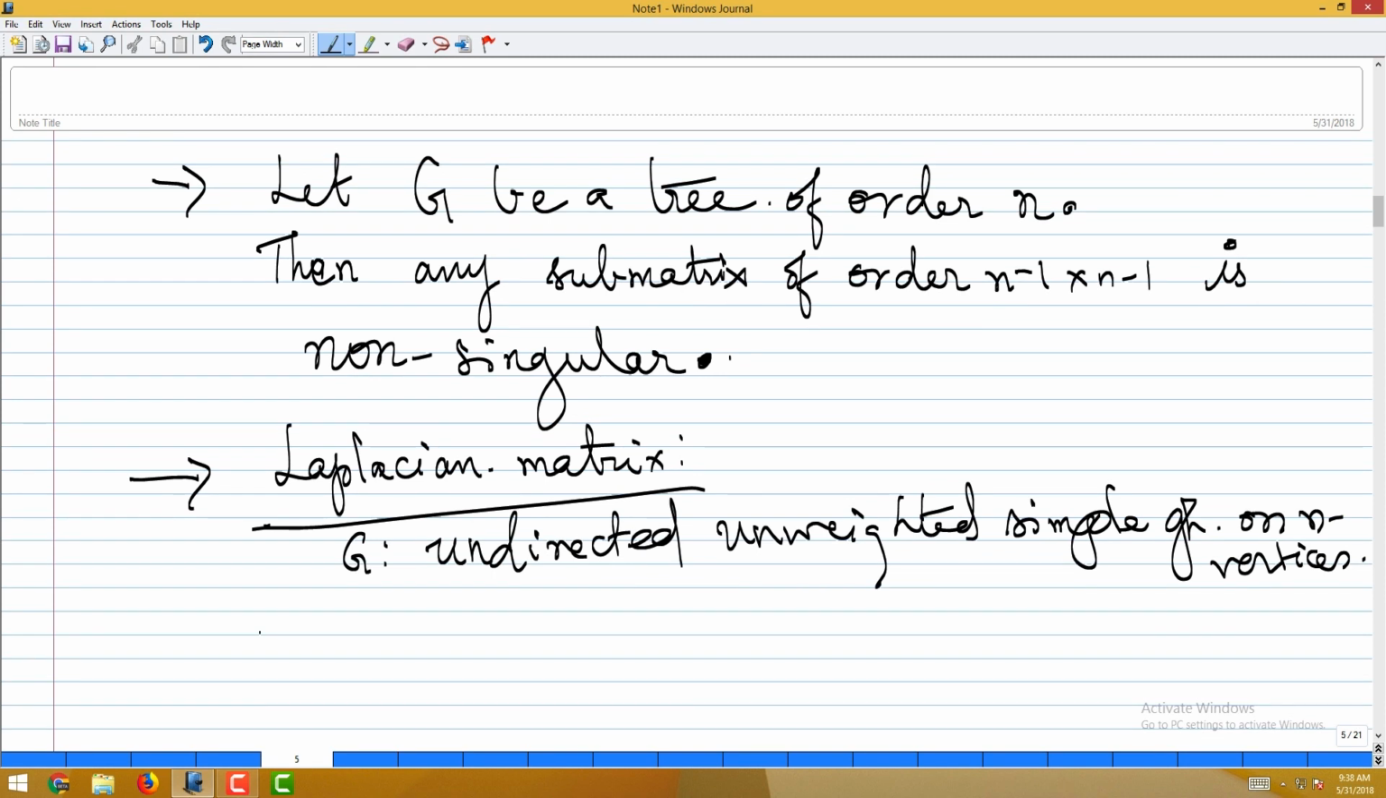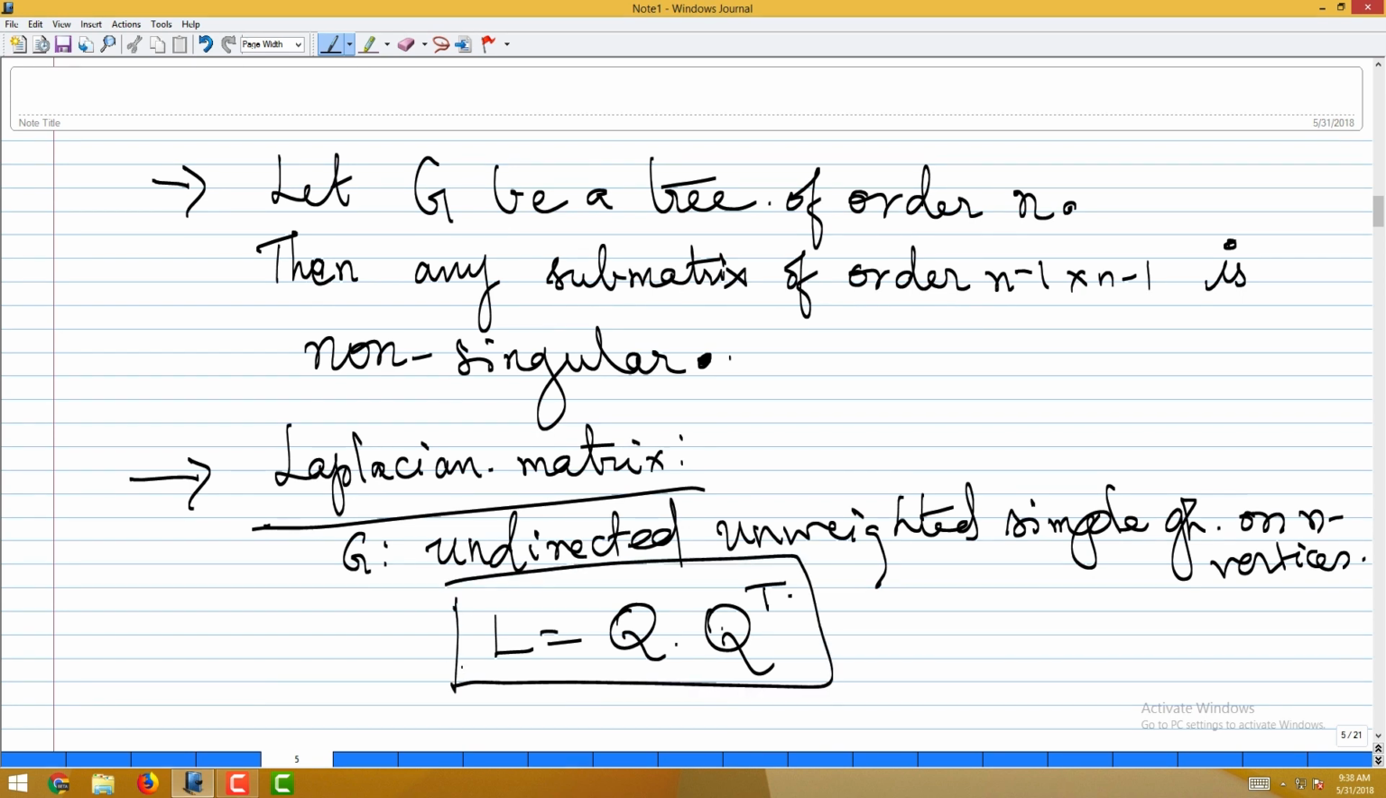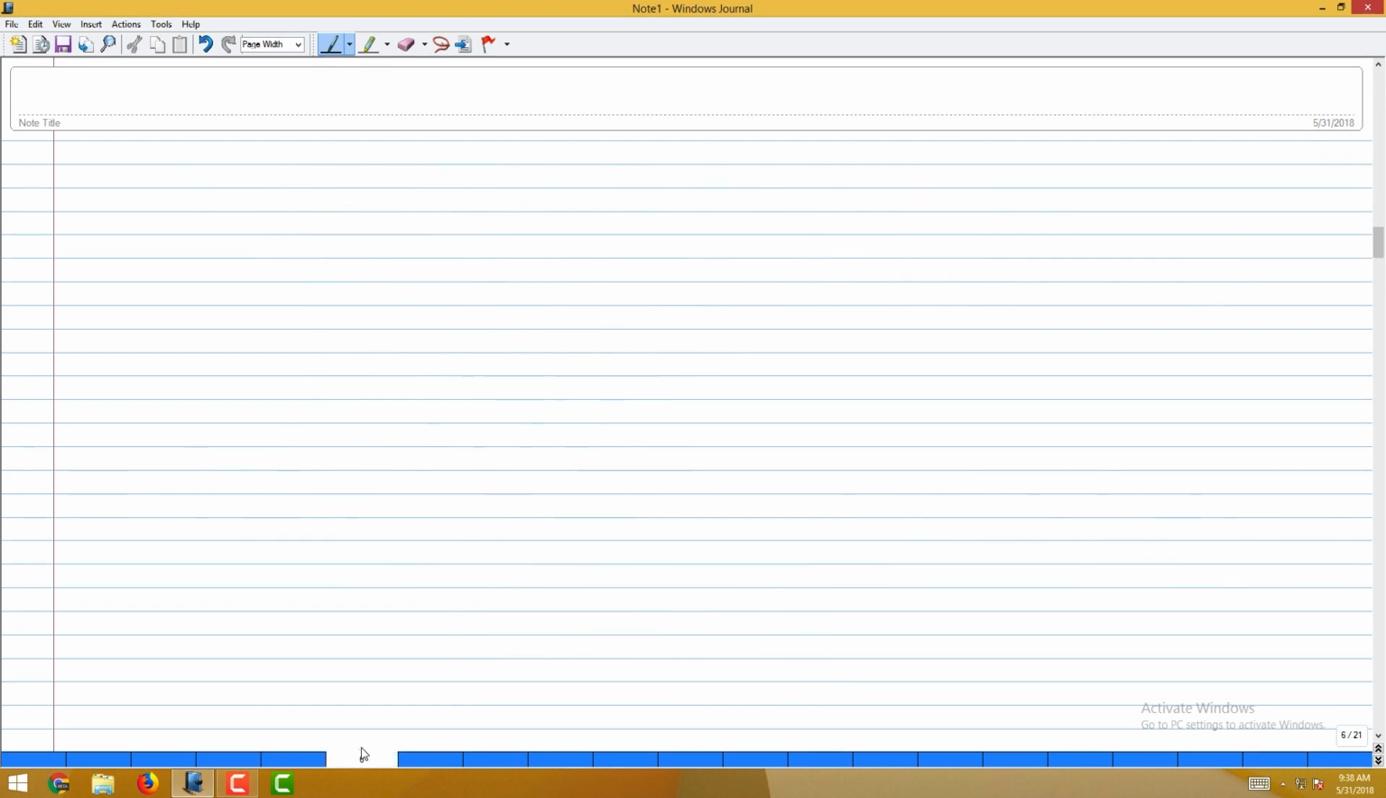So, connecting this with our previous result for Q of G, I know L is nothing but Q into Q transpose, right. Even though we define this Q for a directed graph, you will see that when I take Q into Q transpose, it is going to be the Laplacian of the underlying undirected graph. Okay. So, that is the idea why we write this Q into Q transpose. Okay. So, keeping this in mind and the previous result, I can just immediately conclude that